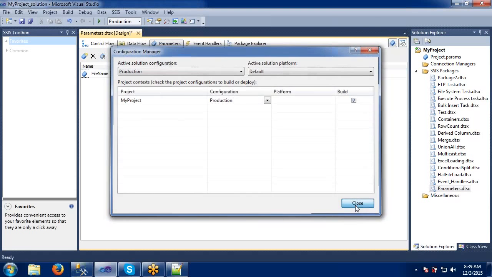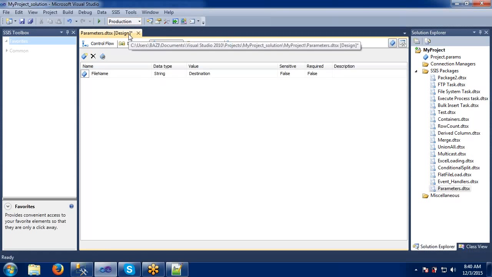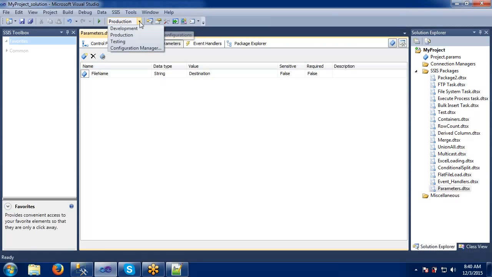Okay, just close this one. Now if you see this one, we have three environments: development environment, production environment, and testing environment. Till now what we have seen is by default it is giving the development environment, right? So if you go to the production environment, nothing will change, we will just be changing the environment and running the package, that's it. Automatically our package will be deployed to that environment. Okay, let's take one example and see how this will be helpful.